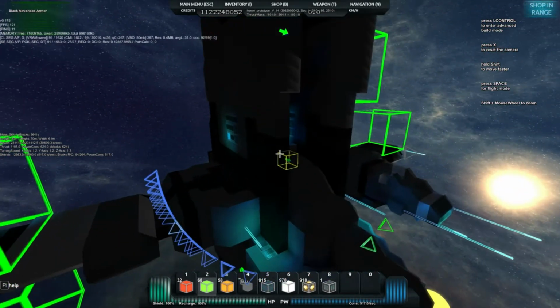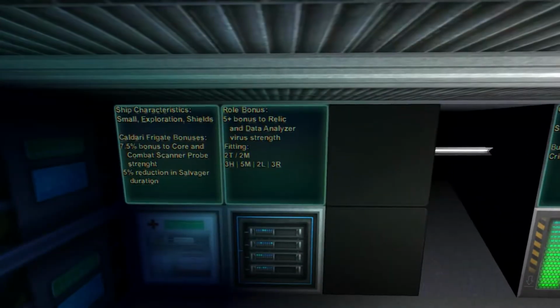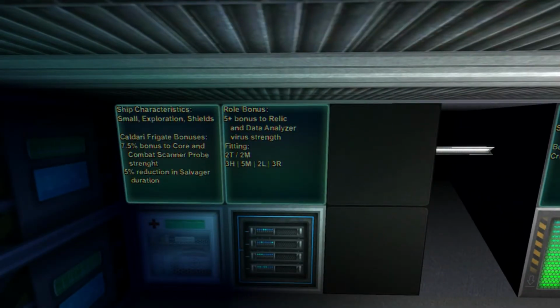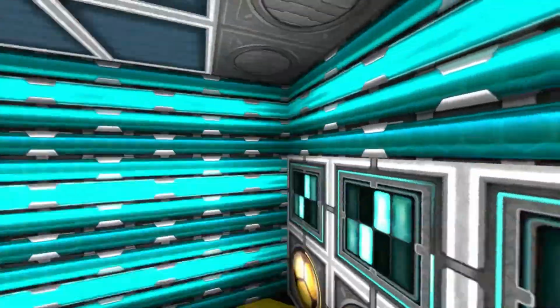Rigs and modules in EVE are separated. They're not the same thing. But essentially in StarMade they will act the same. You'll attach them to the ship at specific areas, much like you would for the modules. So,